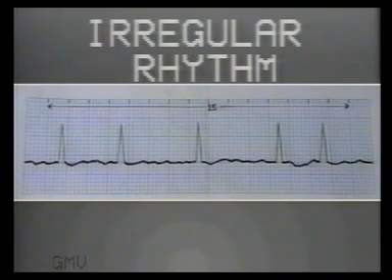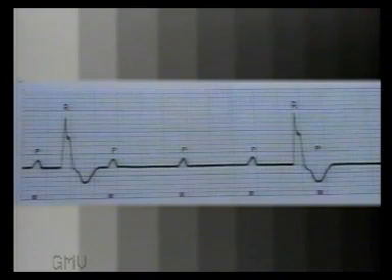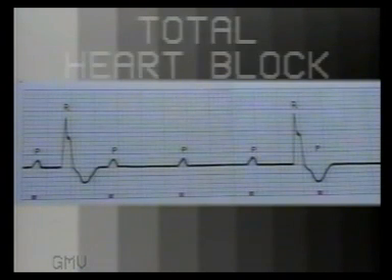Now in this ECG, the rhythm is irregular. Each RR interval is different. So in this case, count the number of R waves in 15 large squares, which represent 3 seconds, and multiply the number by 20 to get an approximate heart rate per minute. This tracing shows 5 R waves in 15 large squares. So the rate is about 100 per minute. So before heart rate is calculated, see whether the rhythm is regular.